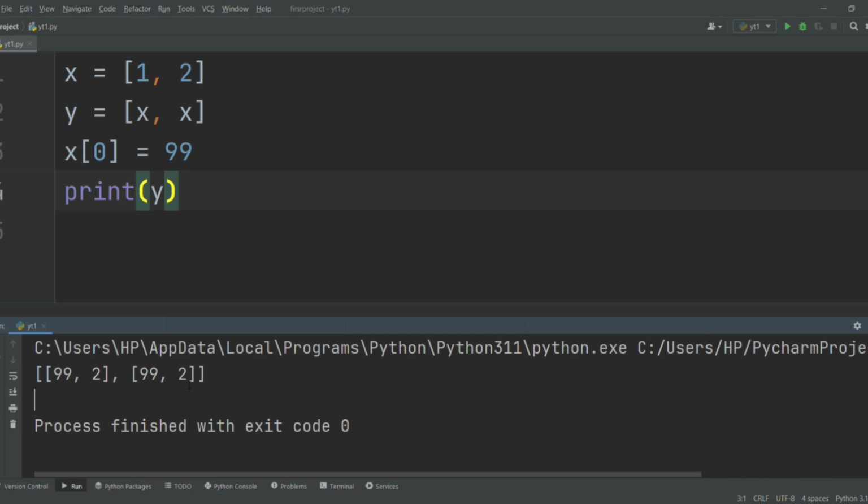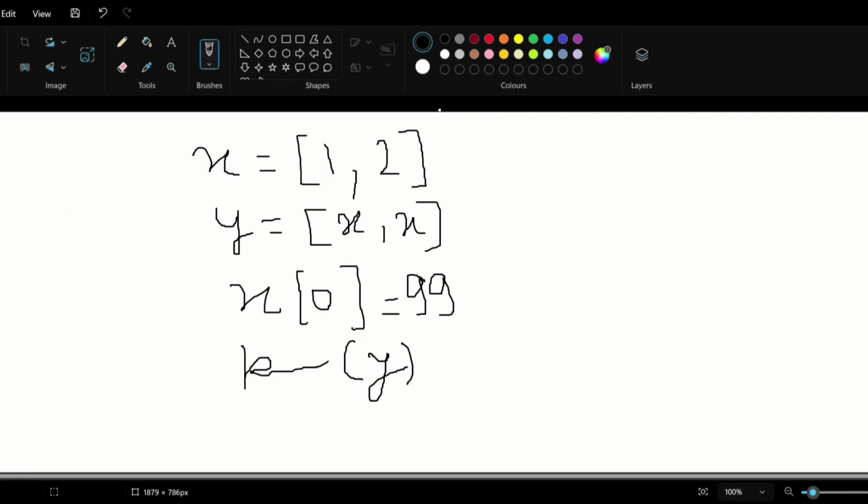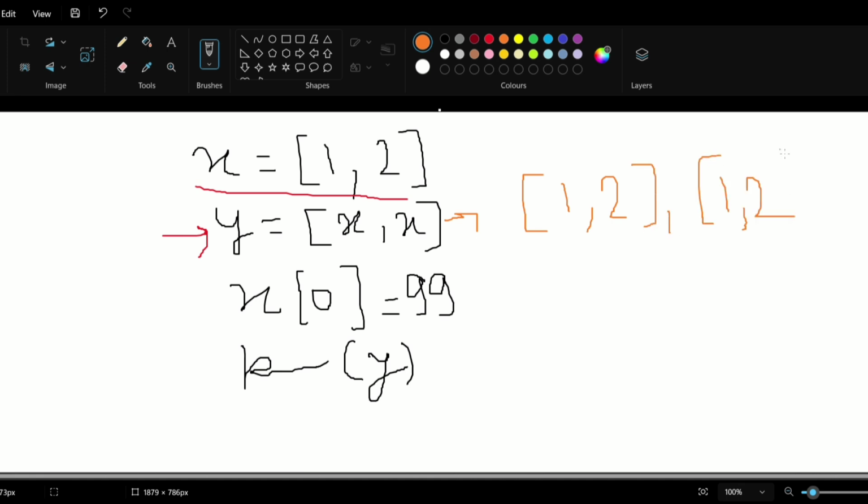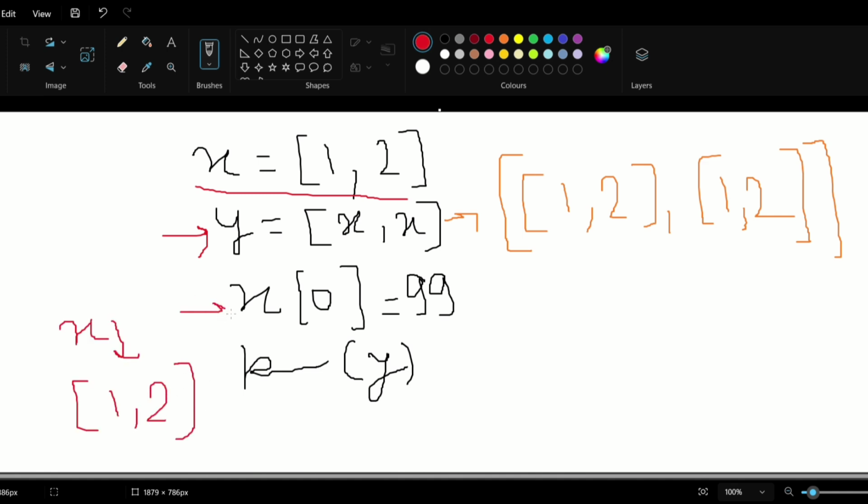Well, if you didn't understand this code, let me explain. So this is the code and here this is the list, and now let's understand from here. So y is currently 1 comma 2 and then again 1 comma 2. This is y currently, and x is already pointing to 1 comma 2, and here we just modified x of 0 equal to 99. That means instead of 1 here there will be 99,